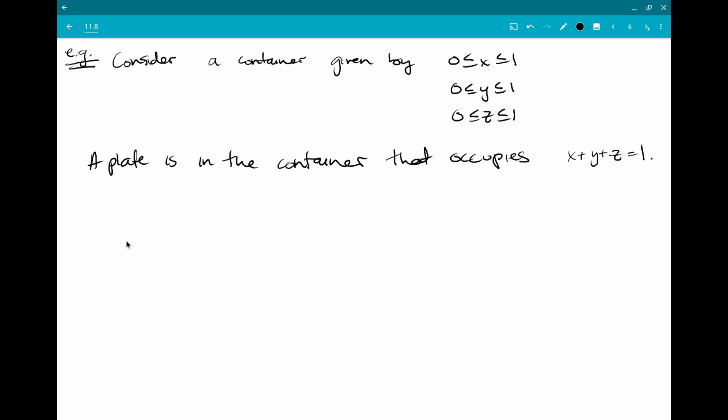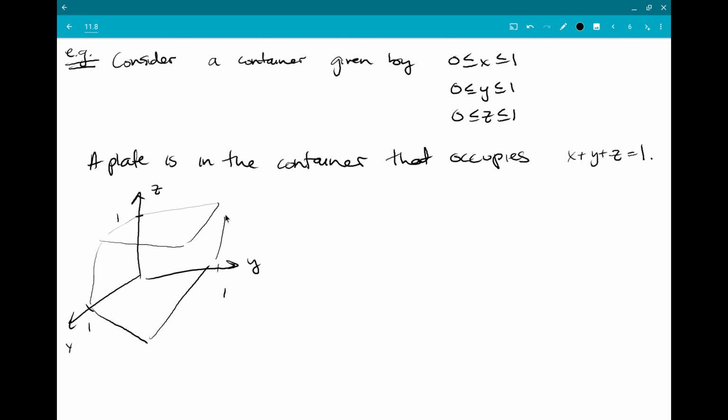So then if we wanted to draw a picture of this, I should have done this beforehand. I'm sorry. Here's 1, here's 1, here's 1 in x, y, and z. So the space we're thinking about is this box. Just imagine that that's really a box and not messed up. So we're imagining this box where x, y, and z have to fall between 0 and 1. And then inside that box, we have a plate that uses the plane